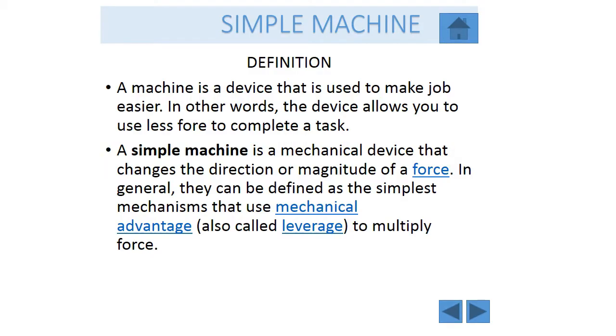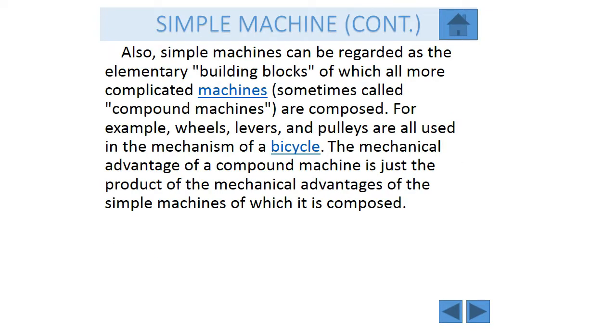Let's start by defining a machine. A machine is a device that is used to make a job easier. In other words, the machine allows you to use less force to complete a task. Therefore, a simple machine can be defined as a mechanical device that changes the direction or magnitude of a force. In general, they can be defined as the simplest mechanisms that use mechanical advantage, also called leverage, to multiply the force. Also, simple machines can be regarded as the elementary building blocks of which all more complicated machines, sometimes called